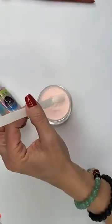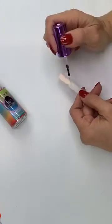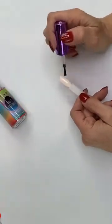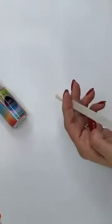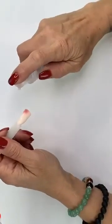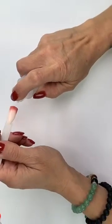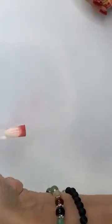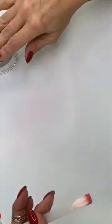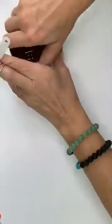Okay. Now, put this aside. I'm going to go ahead. Voila. Simple, easy, okay? Now what I can do is I can go over it to protect the edges, okay? If you have to smooth or file and buff, go ahead